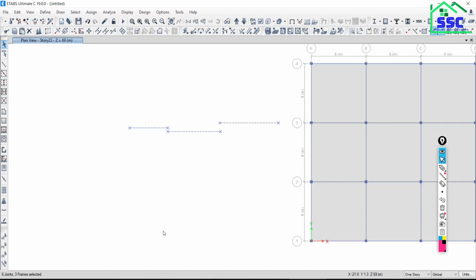Now next thing is what? Find the correct point. Which one is the correct? Either this one is the correct alignment or correct point, or this one, either this or this. Which one? So suppose this one, this is the correct point, and I would like to align all the beams along this point or along this line. This is my correct alignment and correct dimension and correct positioning. So what you need to do, you need to find the ordinate of this point.